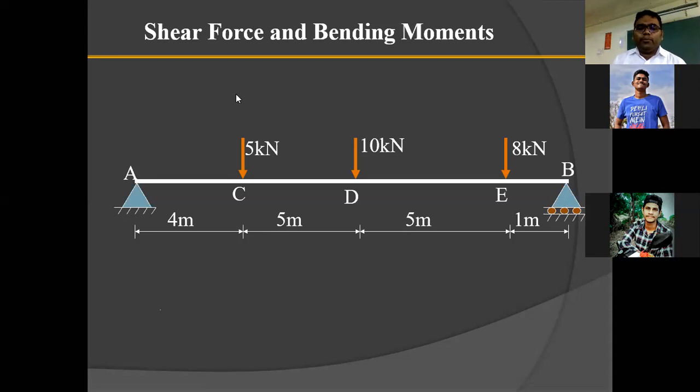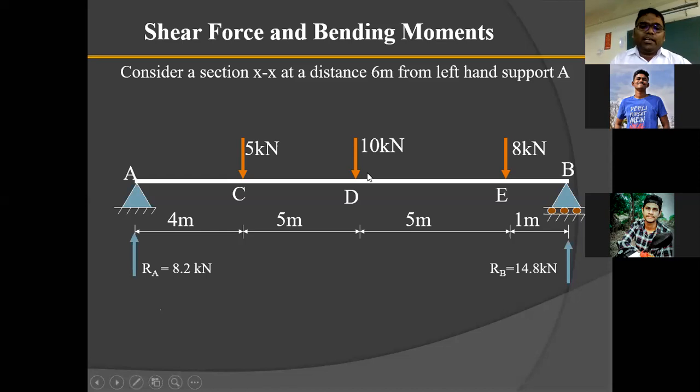At these supports we have two supports, one this and this. So A and B, and for the rest, where the force is acting or where the force starts and ends, at both points we can apply that notation. So this is the way to proceed with such kind of numerical if it comes in your examination. So dear student, now let's move to this numerical and solve it using the section method.